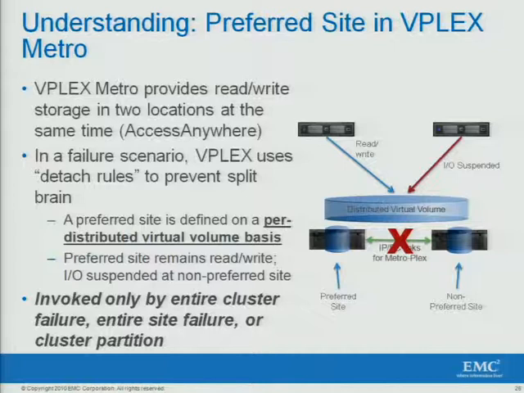And what happens if it's not the non-preferred side? This is a very important idea, right? You've got the preferred side and the non-preferred side. There's been partition. Does that mean that this site is a smoking hole? Or does it mean that your telecom provider has had a bad day? Or someone put a backhoe through and cut a cable, right? If they've cut the cable, the preferred side is still up, right? And the VM may be continuing to run over here, right? So it's important to understand that what occurs is that when